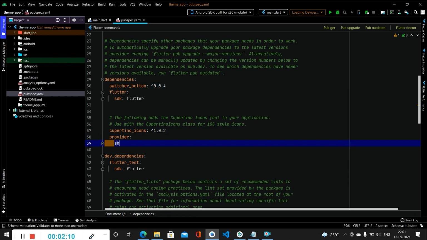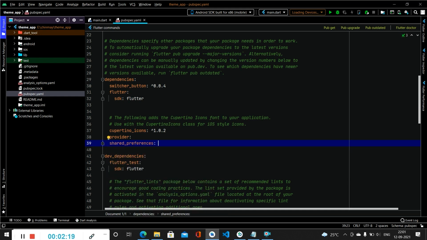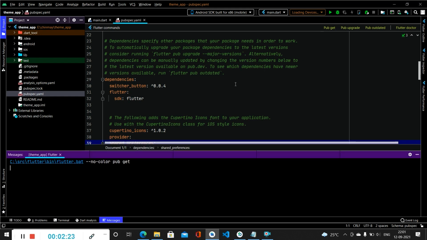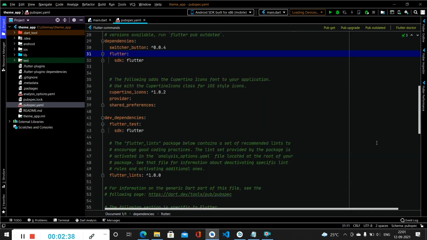After that we have to add one for shared preferences. After adding these dependencies, we simply have to click on pub get to install them.